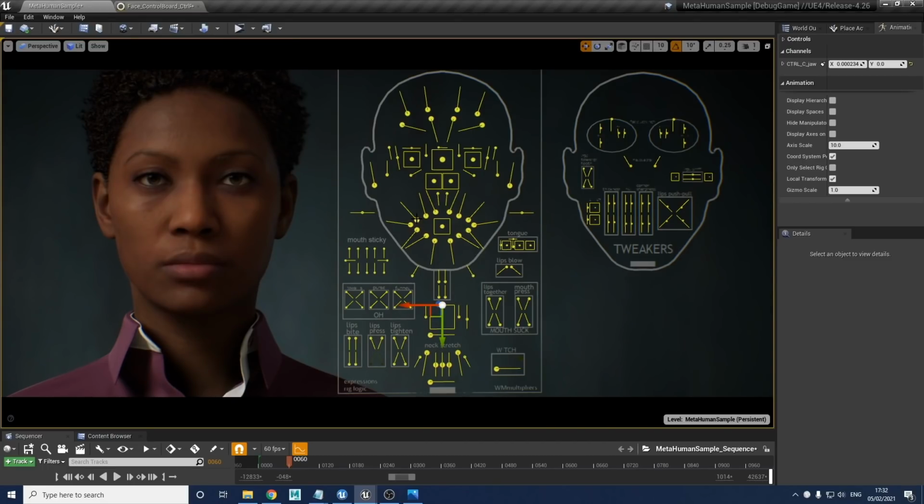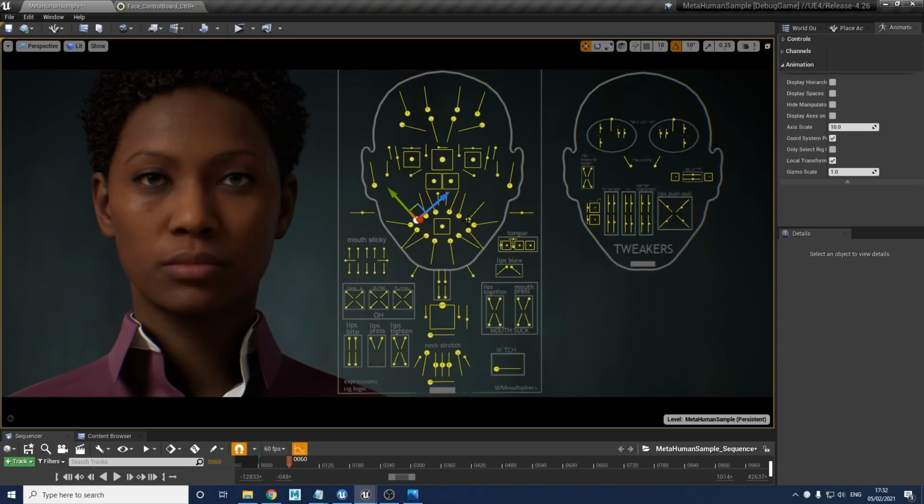I'm going to move on to the corner controls next. So these are going to be things that move the corners up, out, and down. I'm going to start with the corner pull, which are these two here. If you look at the lines and the trajectories of the controls, and the direction they go, it gives you an idea of where the corners are going to be going. So in this, we're going up and diagonal. So it's a wide and lifting control.